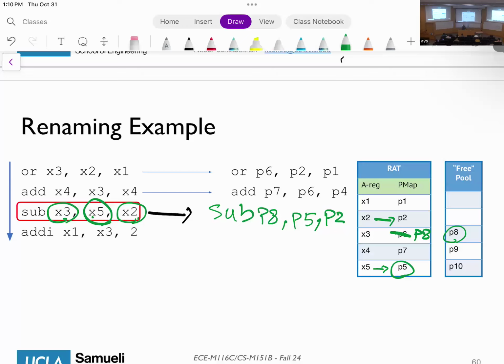Okay? And as you can see, the big difference, the whole thing that this will buy for us is that we're going to get rid of this output dependence. In this case, we couldn't reorder sub and or because of this dependency. But now I'm free to reorder these. There's no problem with reordering these two instructions, because there are two separate registers that they're using, so I can reorder them as I wish, okay? So this will help us later to reduce the dependency. I'm going to use more physical registers at my disposal to reduce the possible overlap. I'm not going to be able to remove all the possible overlaps, but I'm going to significantly reduce the number of overlaps,